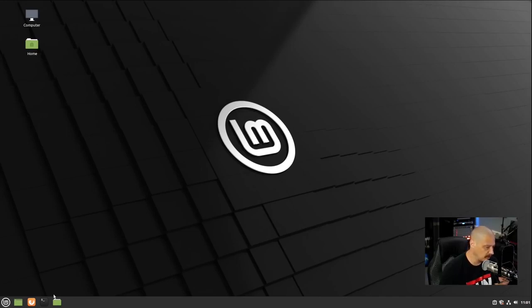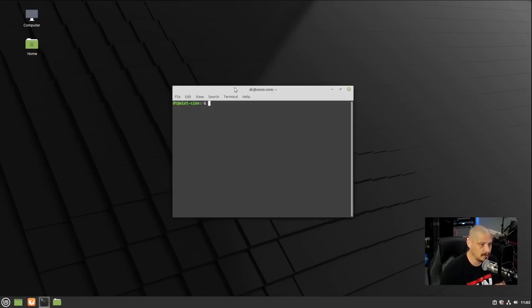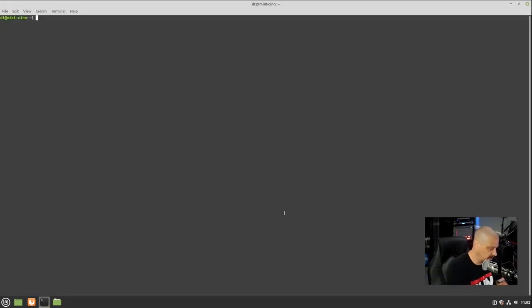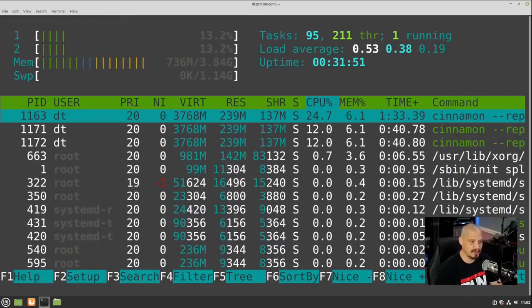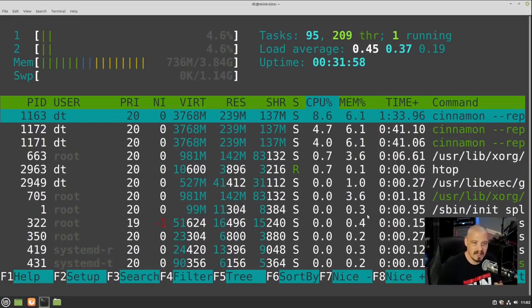So let me open up a terminal and I'll actually show you what I'm talking about here. I'm going to open up this terminal and make it a little bigger so you guys can read this. I'm going to run this program called HTOP. HTOP is not installed in Linux Mint by default. I installed it off camera, but what this does is it tells me how much CPU and how much RAM